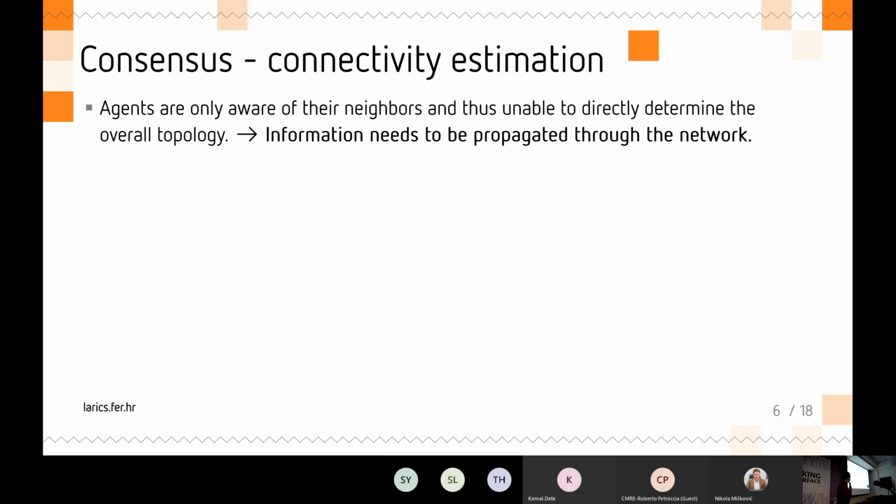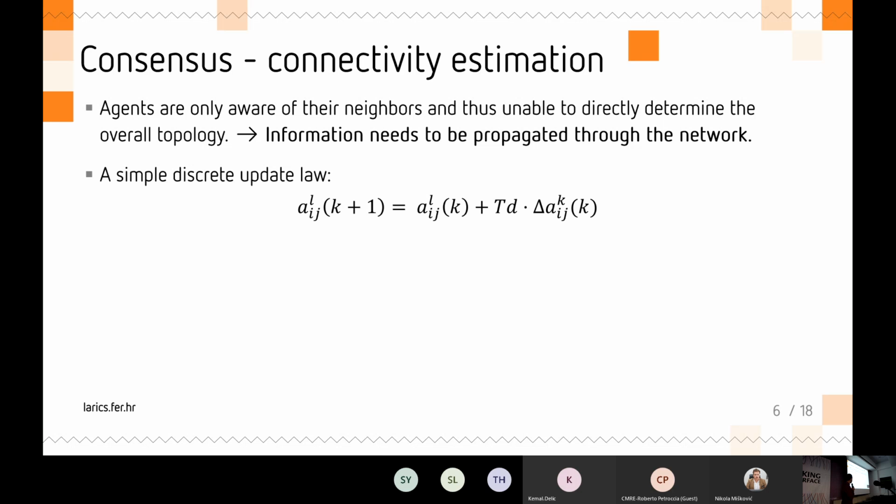In consensus, agents are only aware of their neighbors and thus unable to directly determine the topology of the whole system. So the information needs to be propagated through the network somehow. We use the consensus protocol for this, and we start with this simple discrete update law. So these are basically the elements of the adjacency matrix. And this first term is the communication link quality between agents i and j perceived by agent l. This is the sampling interval, and then finally we have this term that we need to determine in a way that will ensure that each of the local estimates finally converges to a common